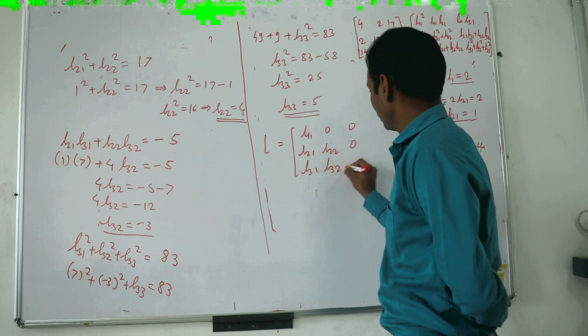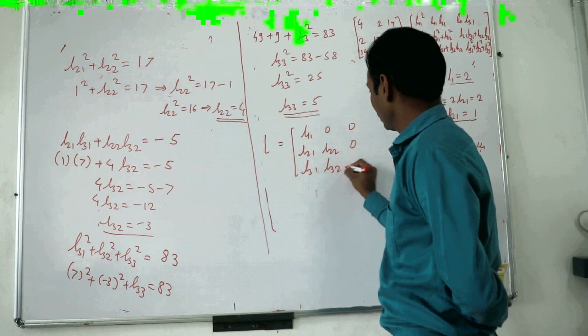Here we get x is equal to 3, y is equal to minus 6 and z is equal to 1, be the solution of given system of linear equation. Just I write here the solution. Finally, x is equal to 3, y is equal to minus 6 and z is equal to 1, be the solution of given system of linear equation by using Cholesky method.